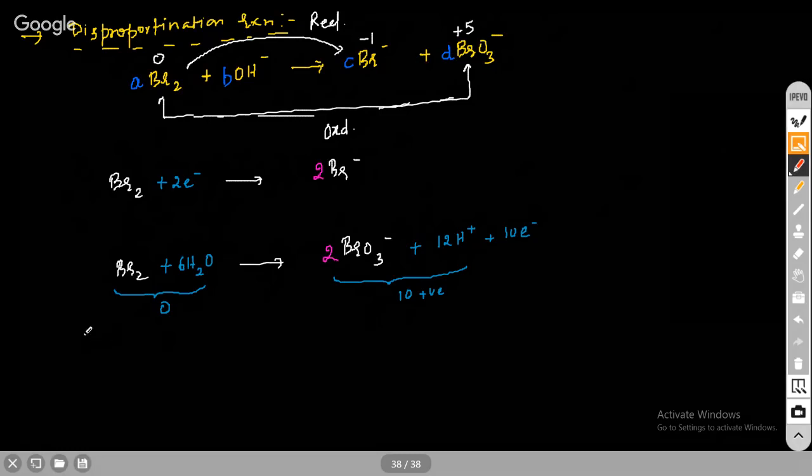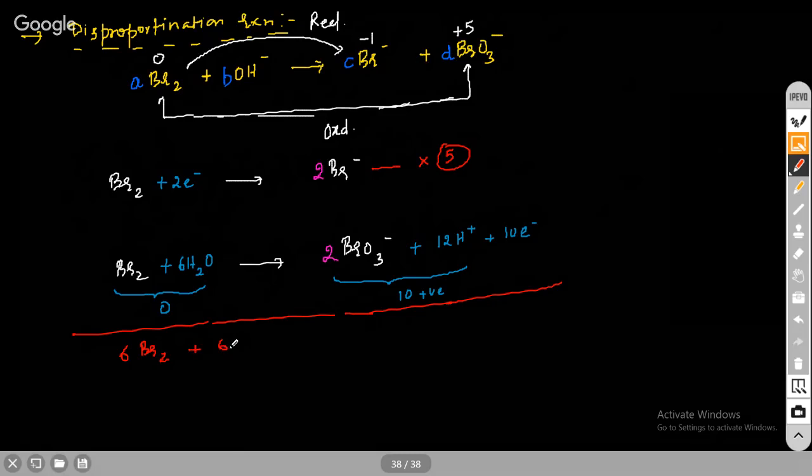Right, we have to cancel out the electrons when we add these two half reactions. To cancel out the electrons, we have to multiply this reaction by 5 and then add these two. So these electrons and electrons get cancelled. 5 Br2 plus 1 Br2, here we have 6 Br2